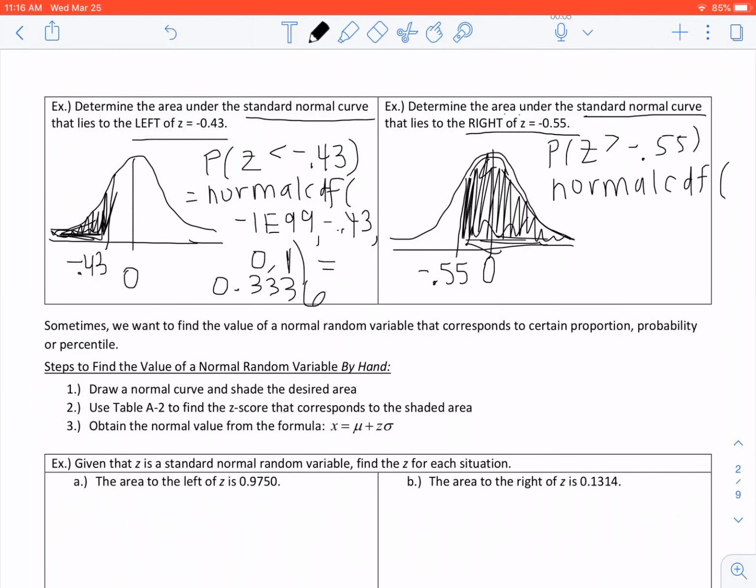Our lower bound this time, the smallest thing we have in our graph, where the shading starts, is at negative 0.55, comma, and this goes on forever, so 1E99, comma, the mean and the standard deviation, again, standard normal, mean is 0, standard deviation is 1, close your parentheses, hit enter, and I get 0.7088. Again, rounding that